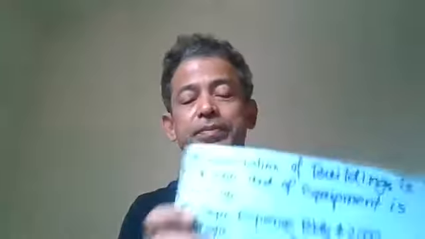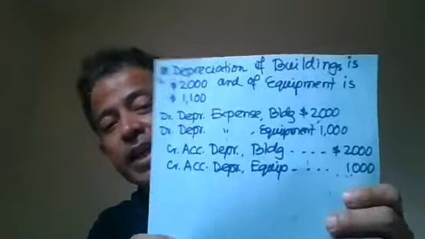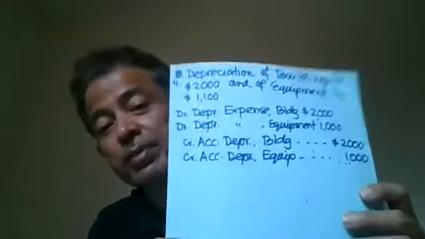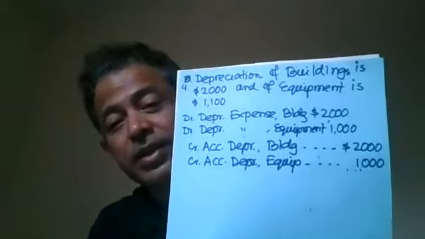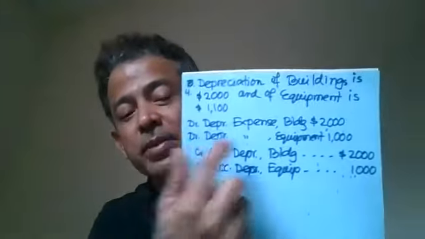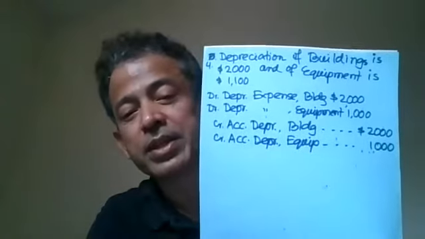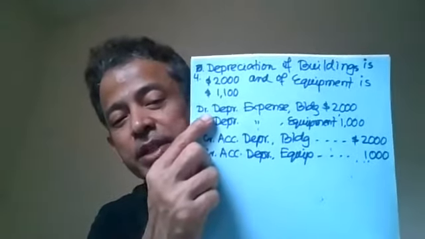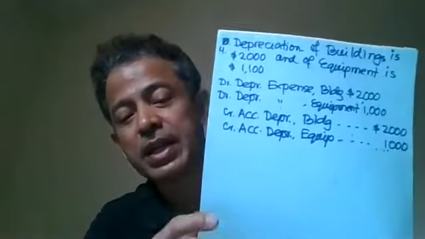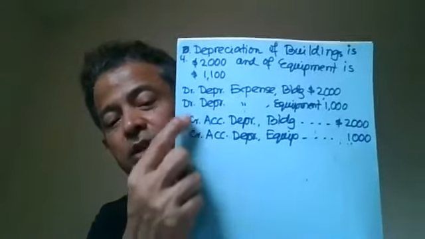So let's see what happened. We're told that those 2 assets must be depreciated. By how much? Depreciation of building is $2,000. You say depreciate building by $2,000 and equipment by $1,100. So that's an estimated depreciation. So to depreciate those assets means debit depreciation expense. So we are debiting depreciation expense on building $2,000, depreciation expense on equipment $1,100, and credit corresponding